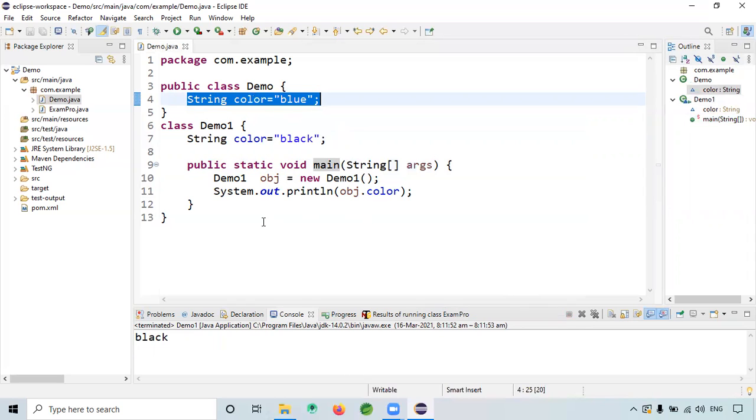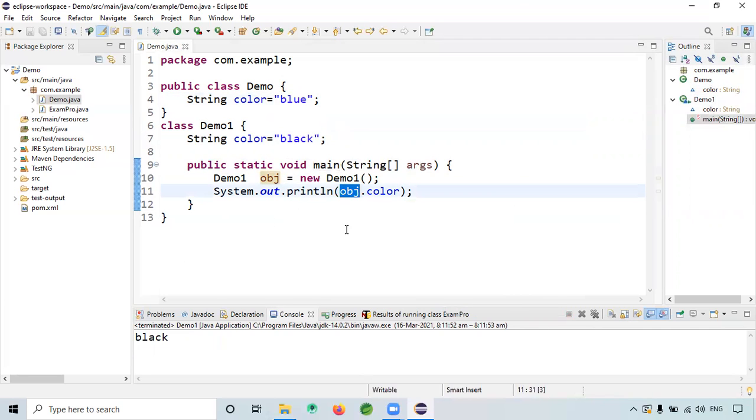Now I want to call blue. So how can I call the blue? Here we created the demo one object.